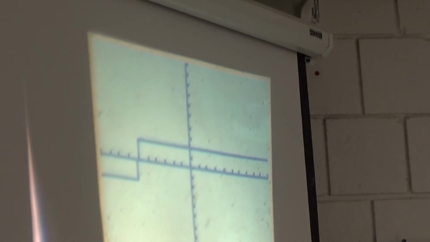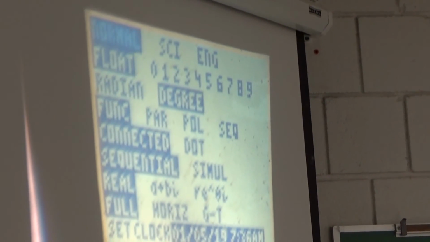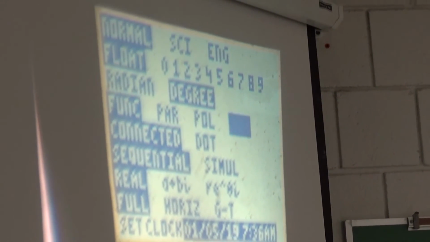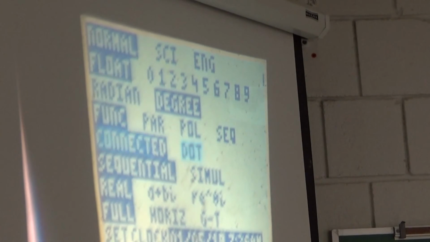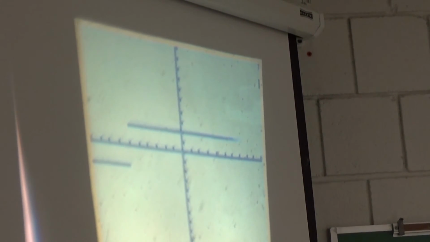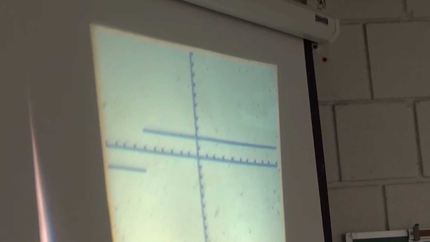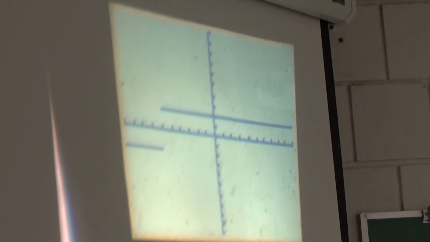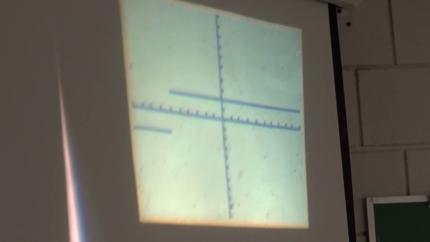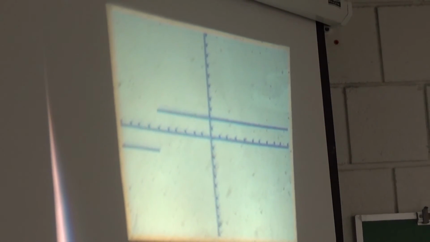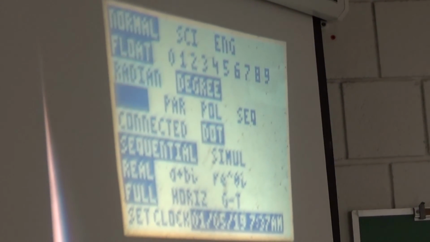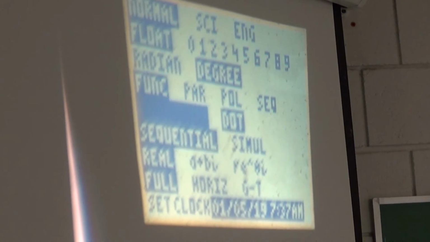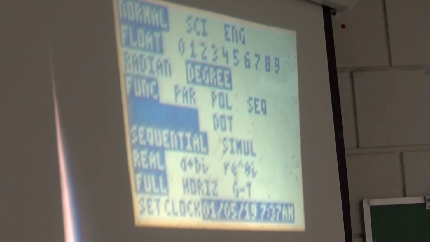Well, a lot of times you can go into this mode, where it says function, and if we do connected, what if I did dots? Let's see how it looks with dots. Isn't that funny? Sometimes this thing can be a little deceiving, and I didn't want it to trick you. I made this look better by going into the mode, and I have an old TI-84, and I put it in dot mode rather than connected mode. It's funny, you go, but it isn't connected, is it?